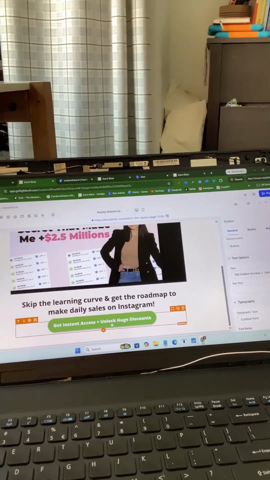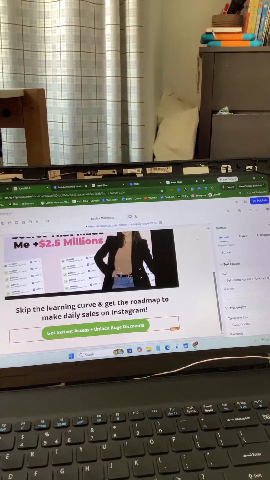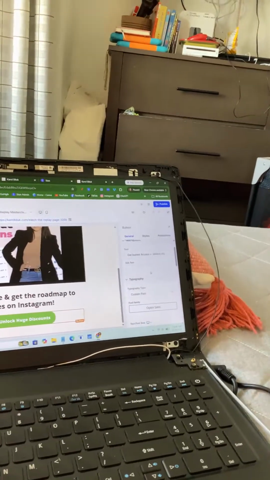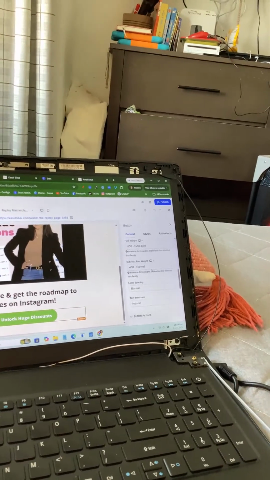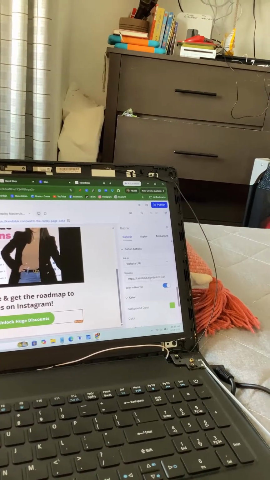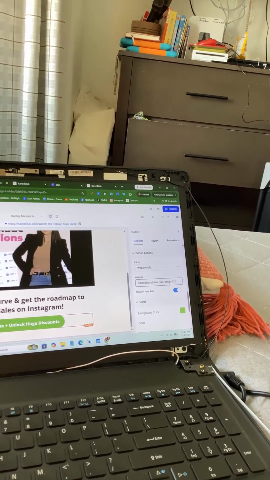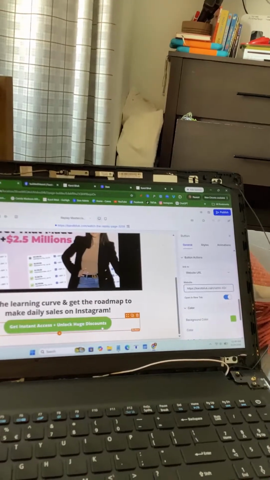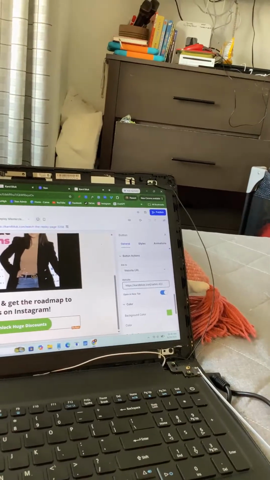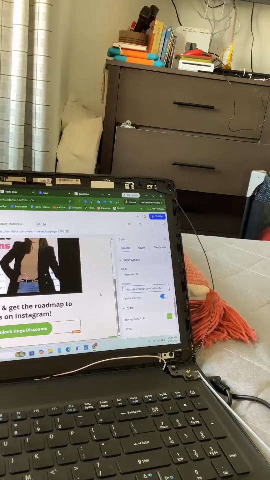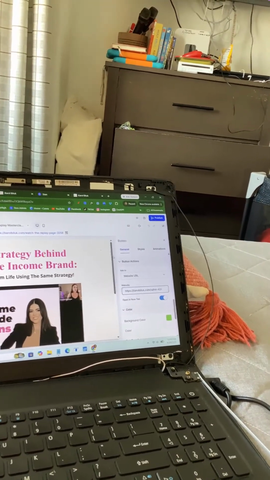But this is exactly where you're going to click and make changes. And over on the right side is where you make those changes and input your link. Here's my link that I already put in there. So whenever people click on this green button, it's going to take them to my unique link, and anytime anyone purchases, I earn a commission. All right. So that's